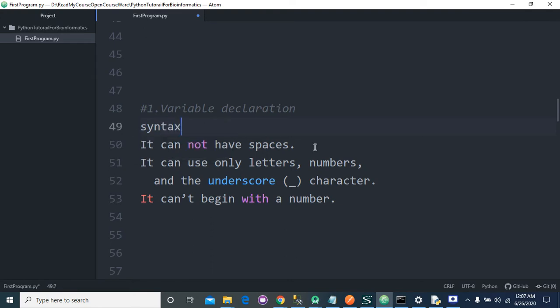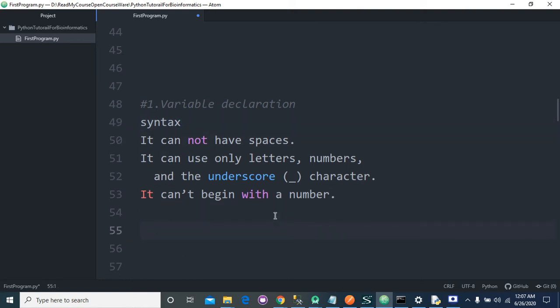The syntax of variable declaration. First, it cannot have spaces. Means we cannot create a variable like variable name with a space. We cannot create a variable like this. And it can use only letters, numbers, and underscore.